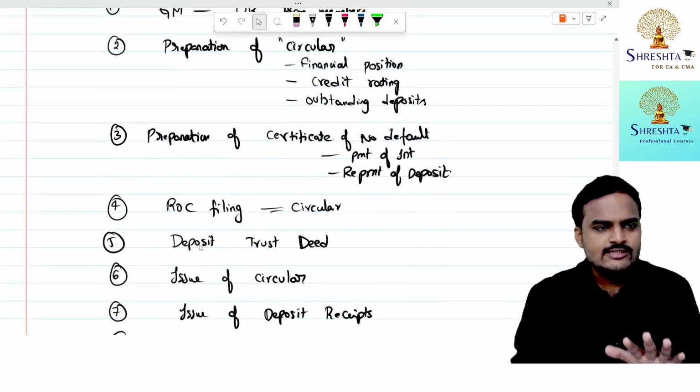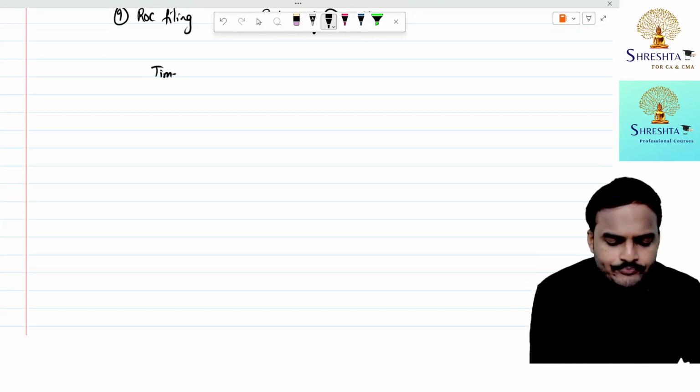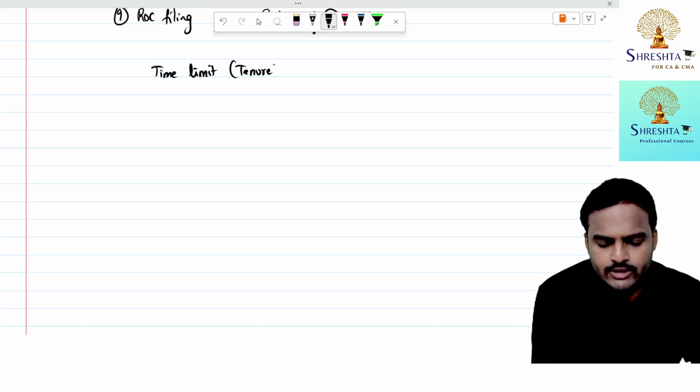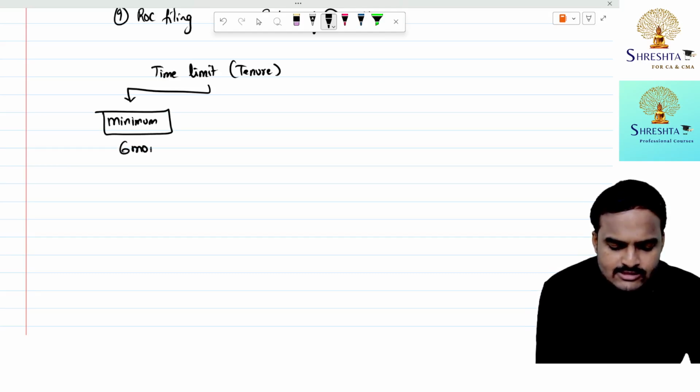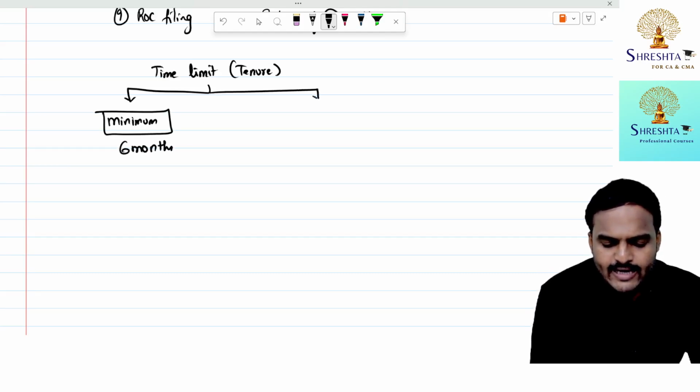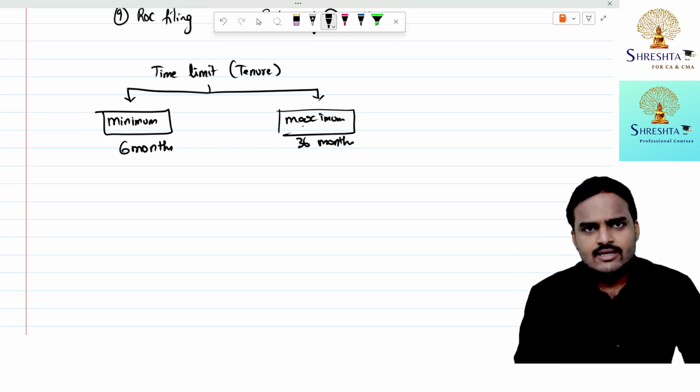And two more conditions we need to discuss. That is time limit or tenure for deposits. Minimum tenure for accepting deposits is 6 months. Maximum, 36 months. A company can accept deposits for a tenure of minimum 6 months, not less than 6 months, and maximum,